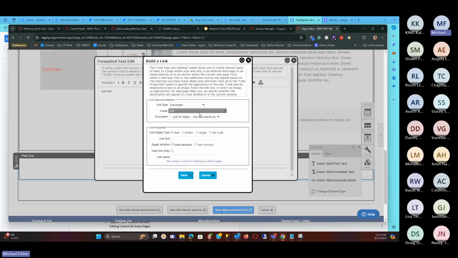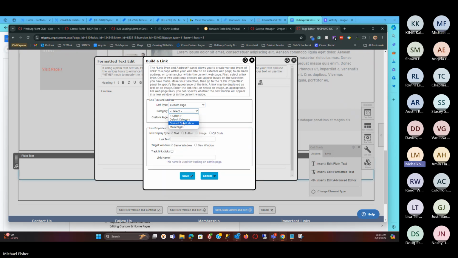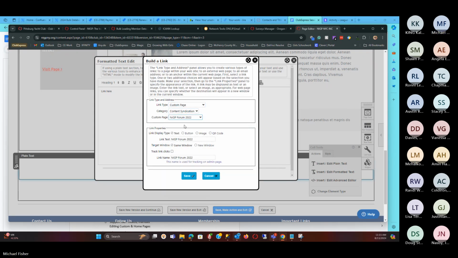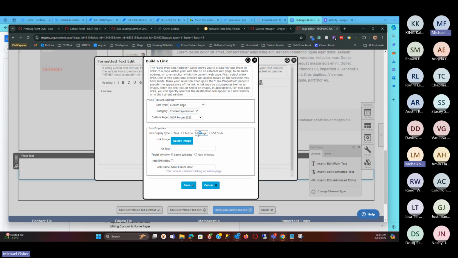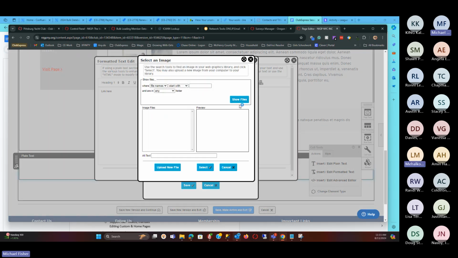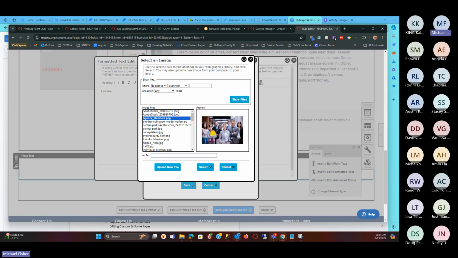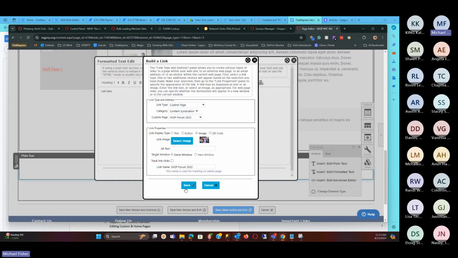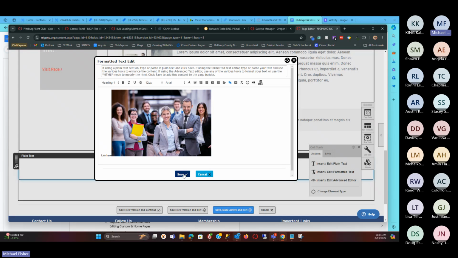I didn't upload any documents. So let's say I'm going to link to a custom page. And I'm going to use an image as the link display type, and then I'm going to select the image. I'll just grab that one. Okay, and then if I save it,